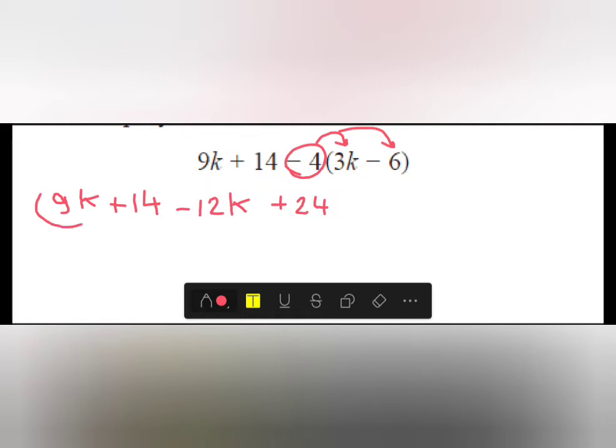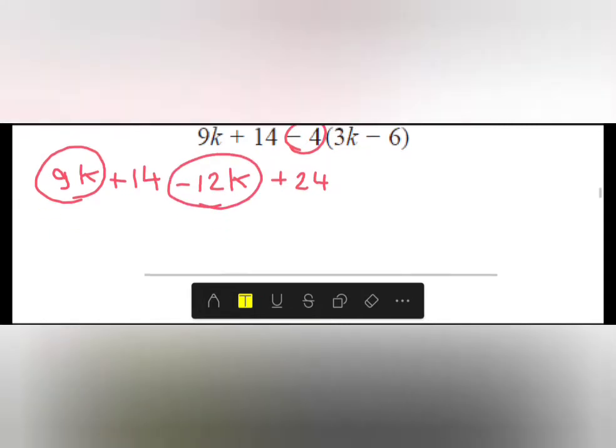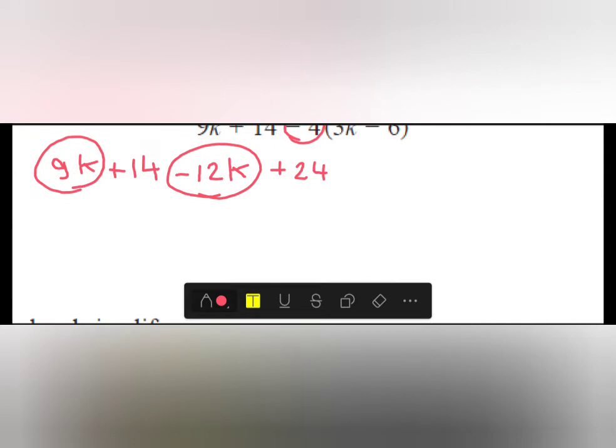So here we have 9k minus 12k. When we have different signs, we're going to take the sign of the biggest number, which is the minus of the 12, and write it. And then we subtract 12 minus 9. So 12 minus 9 equals 3. Very good. So negative 3k. And then we have these two constants here, plus 14 plus 24. So 14 plus 24 equals 38. So it's going to be positive